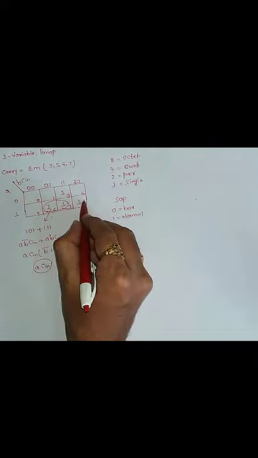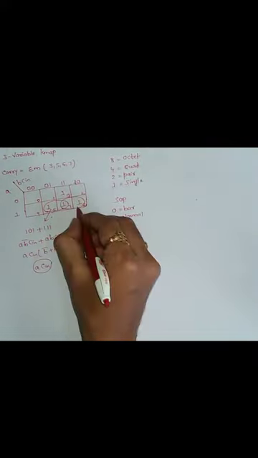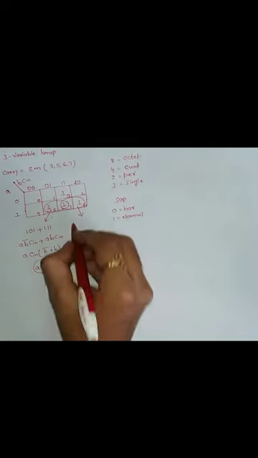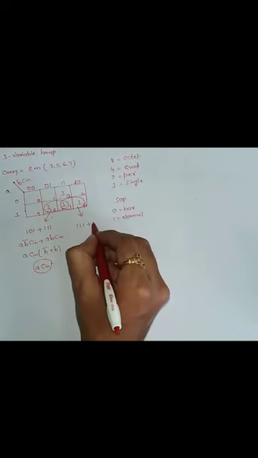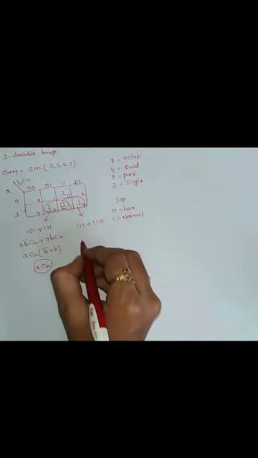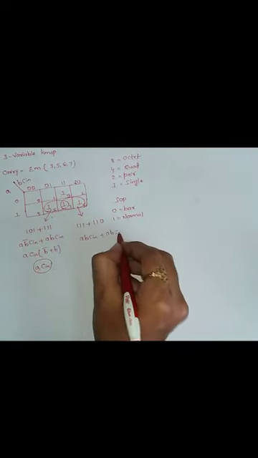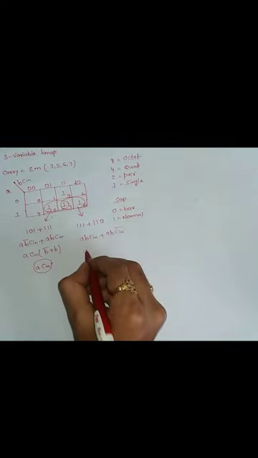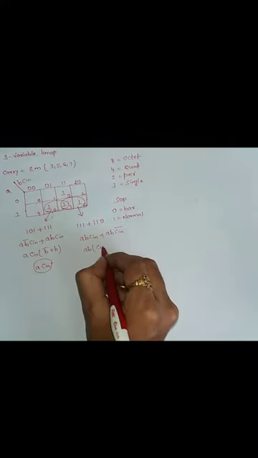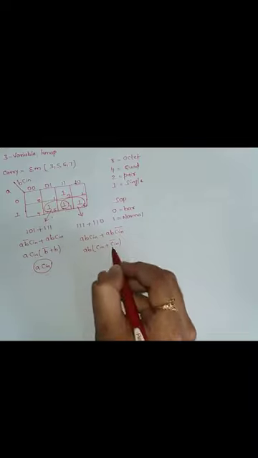Next, one more group, which is nothing but a pair. 7 and 6 is one more pair. The equivalent for 7 is 1, 1, 1 and 6 is 1, 1, 0. This can be written as AB, C in plus AB, C in bar. Try to take AB as common, so that C in plus C in bar will be 1. So the answer is AB. This is the second answer.